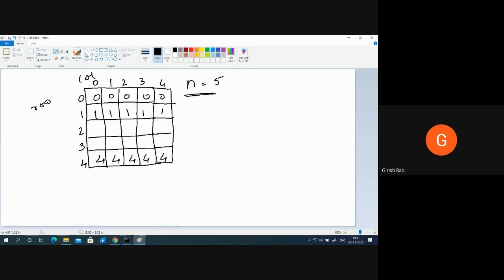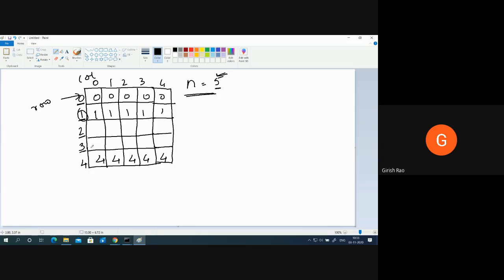Okay. Now, in case you want to generate this particular pattern, that is 0, 0, 0 on the first, what you should be doing is we should be coming to the row 0 and printing 0 how many times? 5 times. Then we come on the next row, and this should be printed how many times? 5 times. Then we should come on the next row and 2 should be displayed how many times? 5. Then we should come down, display 3, 5 times. Display 4, 5 times. So we are supposed to accept a number, okay, and display this following pattern.